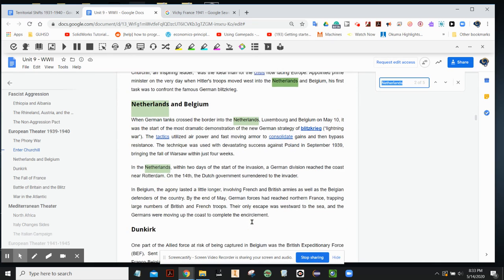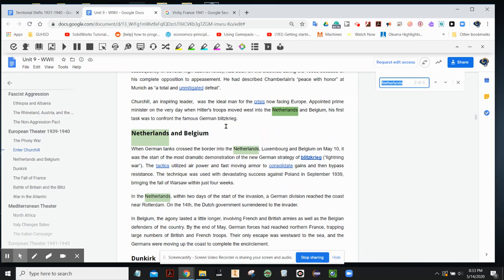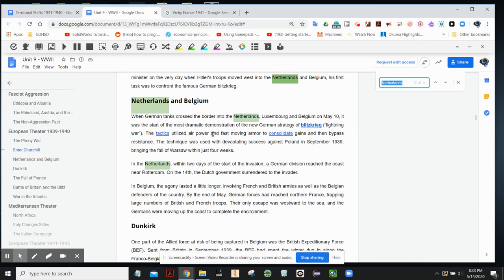here we go. German tanks crossed the border of the Netherlands, Luxembourg, and Belgium on May 10. It was the start of the most dramatic demonstration of new German strategy called Blitzkrieg, Lightning War. The tactics utilized air power and fast-moving armor to consolidate gains and then bypass resistance. The technique was used in devastating success against Poland in 1939, bringing the fall of Warsaw in just 4 weeks. In the Netherlands, within 2 days of the start of the invasion, a German division reached the coast near Rotterdam. On the 14th, the Dutch government surrendered to the